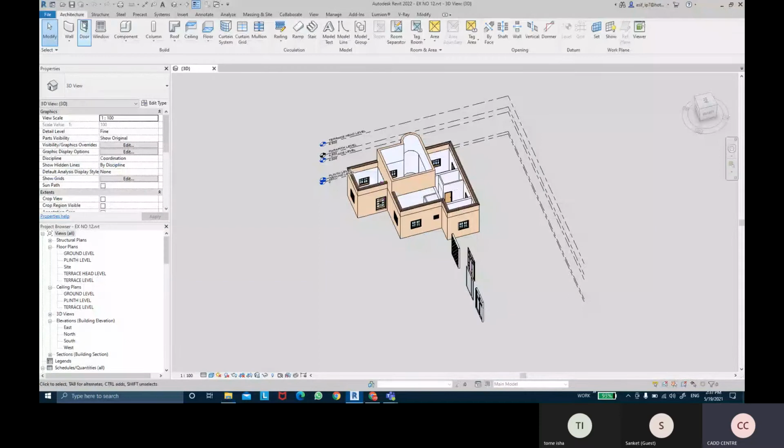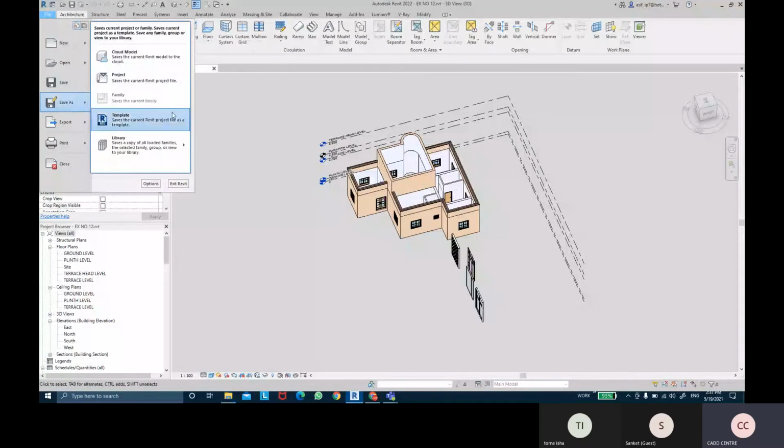Okay, so before I continue, I'm just going to save as this file quickly.